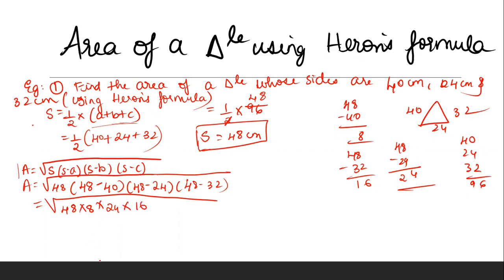Okay. Now, what we are going to do next is very, very important, guys. Many of us get confused here, including me. I used to get confused in the beginning as well. So pay attention here. How will we take the square root? See, for perfect squares such as 16 and 16, we can easily write that square root of 16 is equal to 4. But for numbers such as 48, 8, 24, how will we write it?